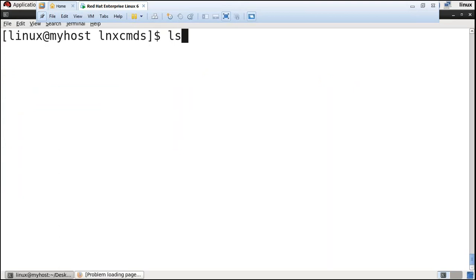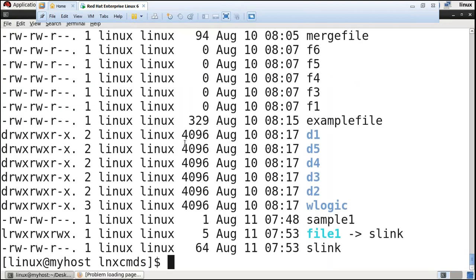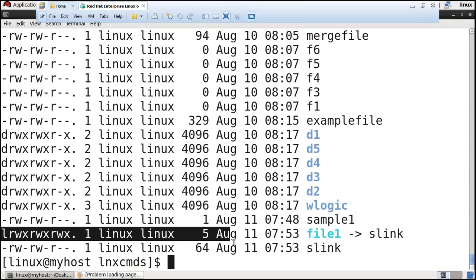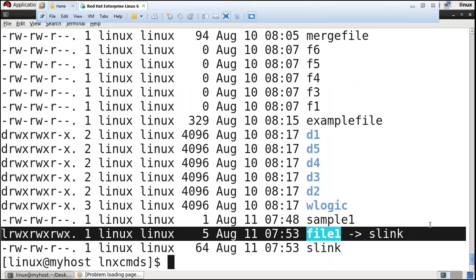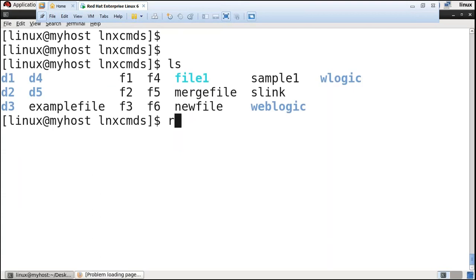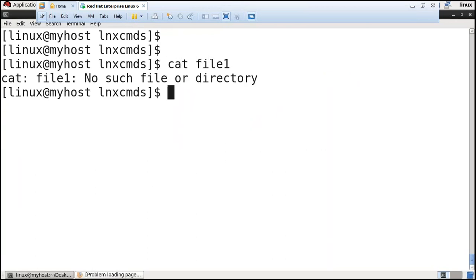Let's see ls space hyphen ltr. See another type of file, l, link files. So both are stored in the same memory, right? It does not store differently. Understood? So this is about the soft links. I'm just deleting the parent file, which is nothing but rm slink, cat file1, but it has unlinked, which means you cannot access it, right? This is possible to overcome by using hard links.